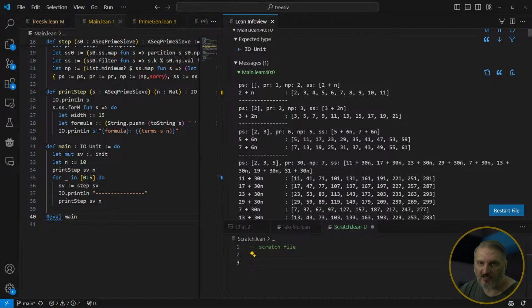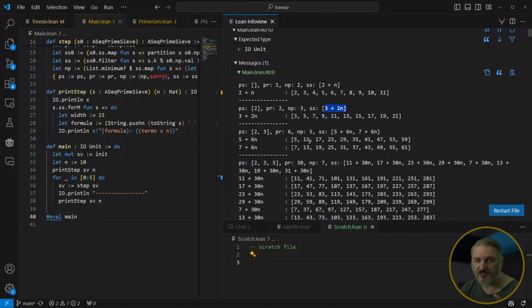not only do we add it to the list of primes, but we track a primorial, which is the product of the first n primes. When the list is empty, it's 1. We add a prime 2, so now we have the primorial 2. And then the next prime is 3, because we crossed out all the even numbers, leaving us with the arithmetic sequence 3 plus 2n. And then we mark off the 3, and so